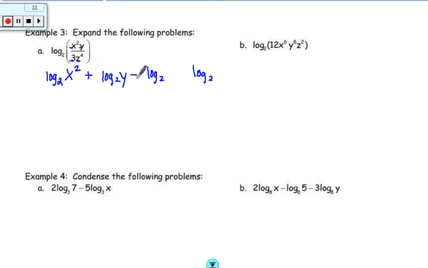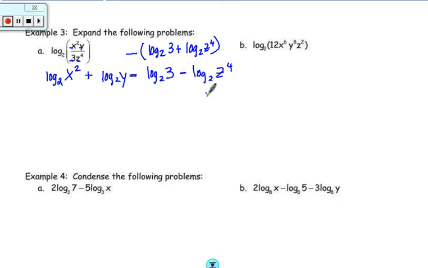I then have a division sign, so I know I'm subtracting. And what am I subtracting? I am subtracting a 3 and a z to the 4th. So each piece of that can have a subtraction sign. Even though it's 3 times z to the 4th, I can use a subtract and a subtract because I'm dividing both pieces. Both the 3 and the z to the 4th are on the bottom. So if you wanted to say it was subtract log base 2 of 3 plus log base 2 of z to the 4th, you could. But then if I distribute that subtraction in,